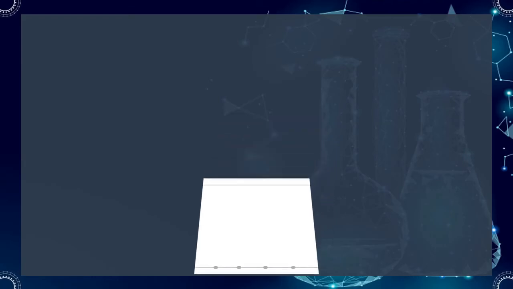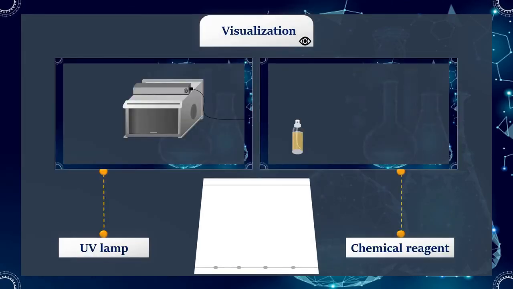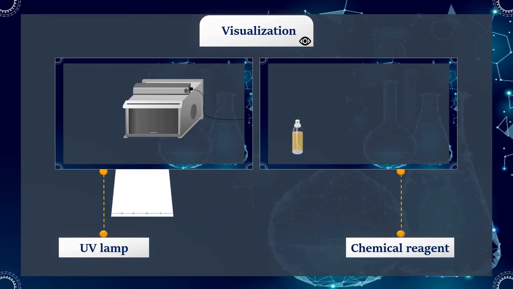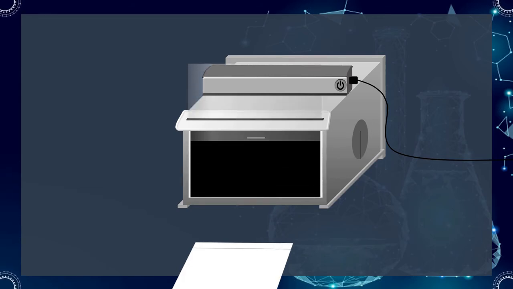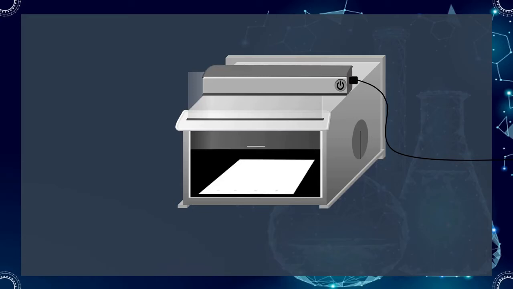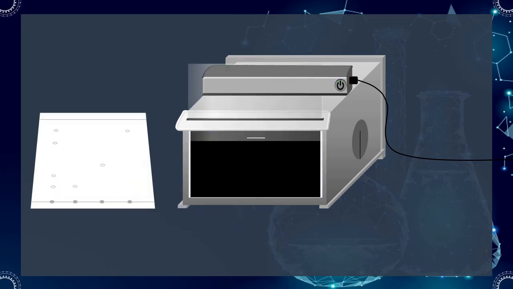The plate is visualized under the UV lamp or by using certain chemical reagents if the substances of interest are colorless. Some plates are pre-coated with a phosphor, allowing many compounds to be visualized by using ultraviolet light. Or a derivatization of the sample with fluorescent reagent can be carried out before running the TLC plate. As soon as the UV source is switched off, the spots will disappear again. Therefore, the positions of the spots should be marked by drawing a pencil circle around them. And the retention factor of each component is determined.